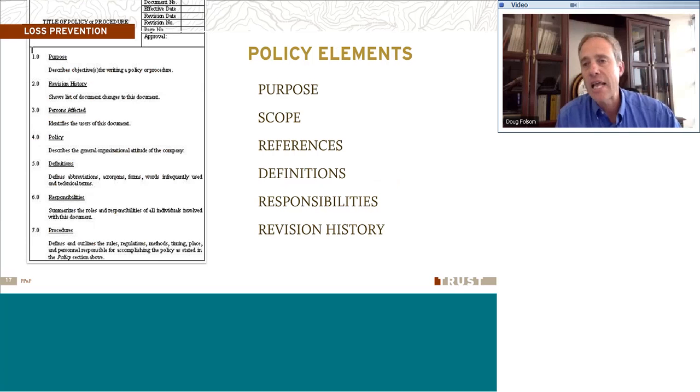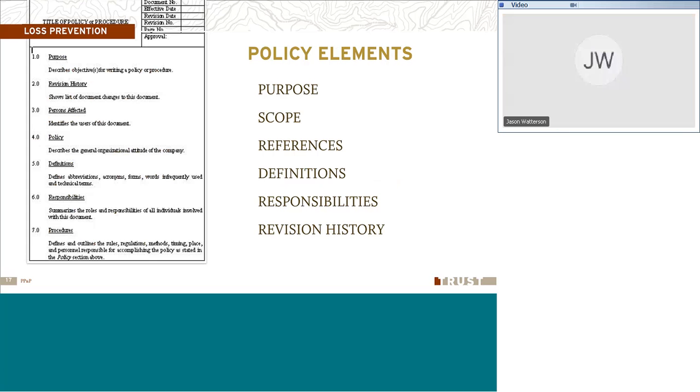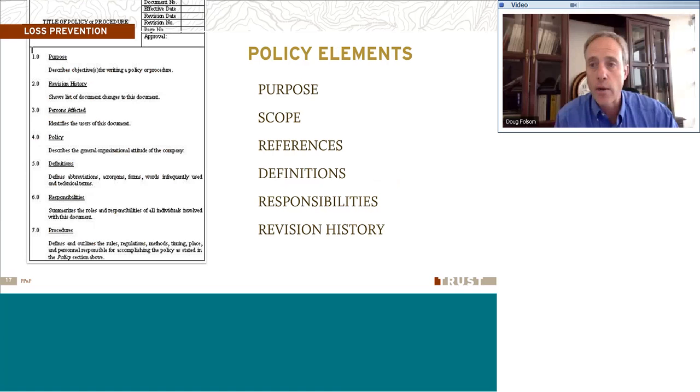Your policy is going to have multiple elements that you're going to want to work into that. What is your purpose? That mission statement, that's a great way to start out your policy. What is the scope of the policy, any references, definitions, individual responsibilities. So we may define words, we may define positions. We need to define what the responsibilities of certain positions are, or when we're talking about a policy, what position is responsible for executing that policy, for example.